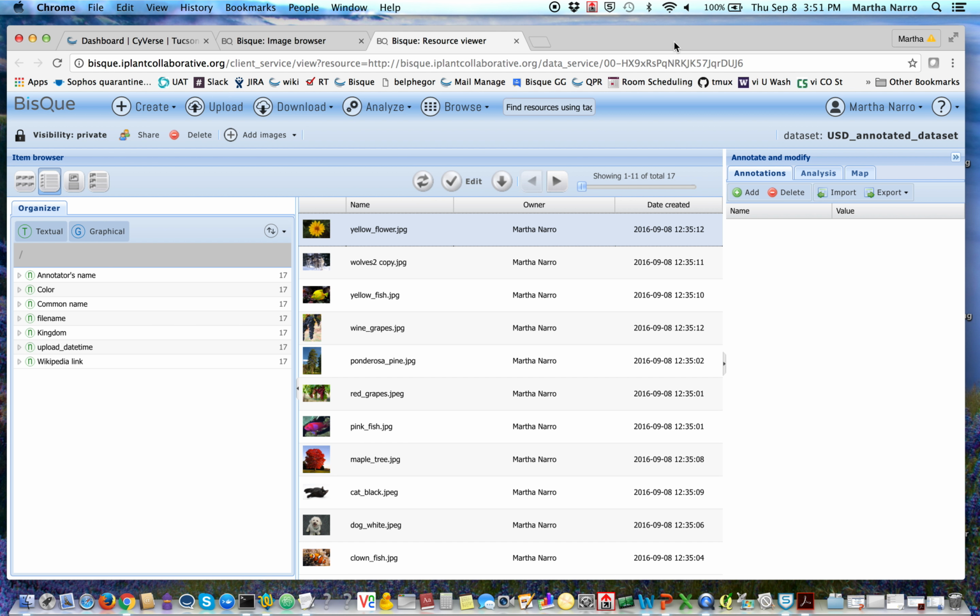So let's look now at how we can search data once they've been annotated, or search through image files in this case. So on the left, next to the data set of interest, you can see all of the attribute names that have been applied to this entire set of images. So if we're interested